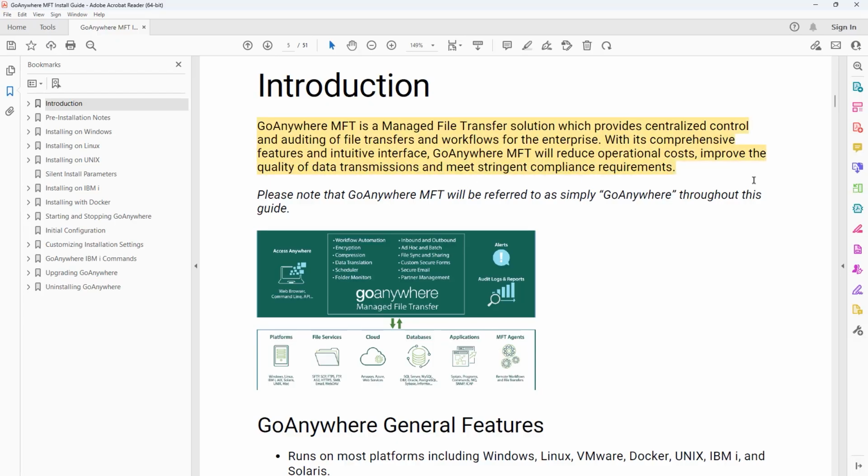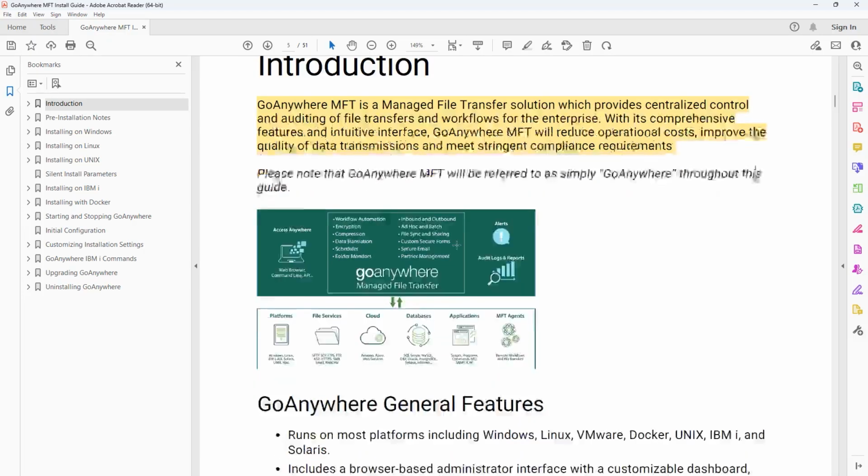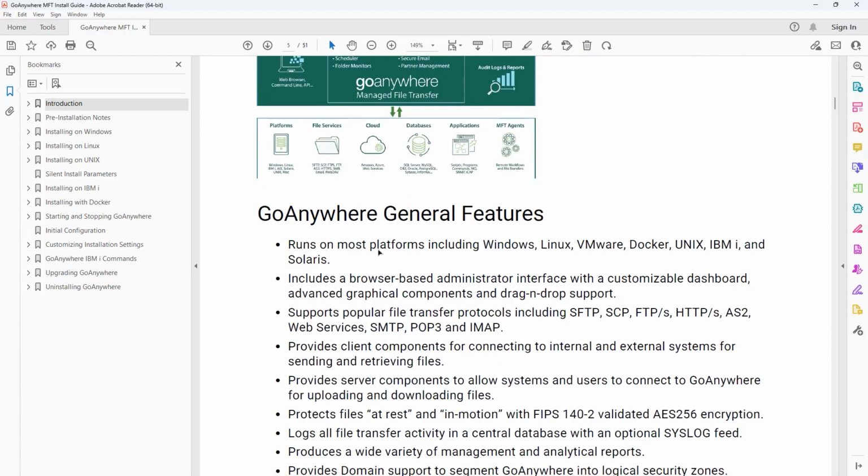GoAnywhere provides a centralized GUI with many options for managing file transfers, workflows, users, and security settings, as well as reducing the need for manual scripting and command line administration. As I scroll down here a little bit, it runs on most platforms, including Windows, Linux, VMware, Unix, and IBM. As I mentioned, it's browser-based for both the administration and the end user if needed